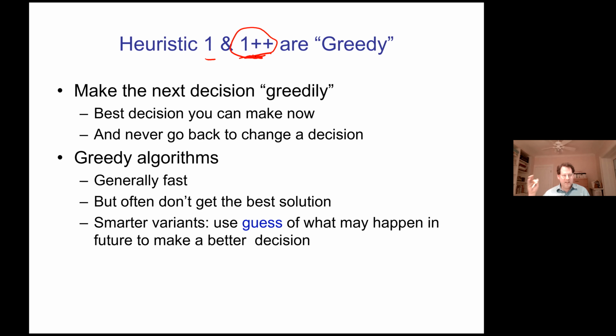They decide to do something. They never change any earlier decisions. Greedy algorithms are generally fast, but they often don't get the best solution. You can make them smarter if instead of just deciding what to do next by saying what is the very next destination that I can go to that has the lowest travel time, you could have it consider, well, what happens after that? If I do that, what would happen the next step after that? And by having a little bit of look ahead, trying to think a couple steps ahead, these algorithms still can make a decision and always live with it,